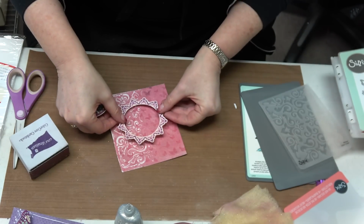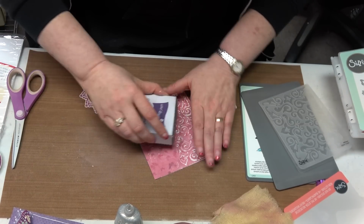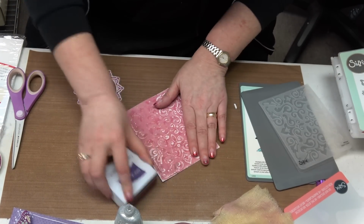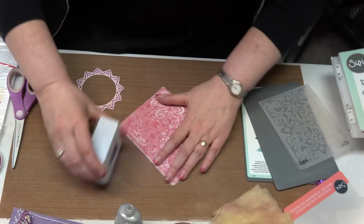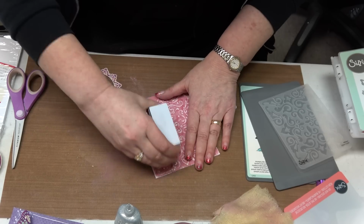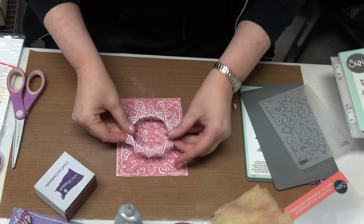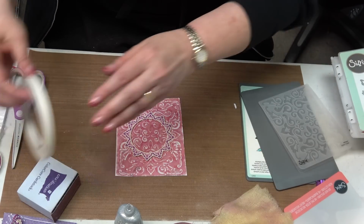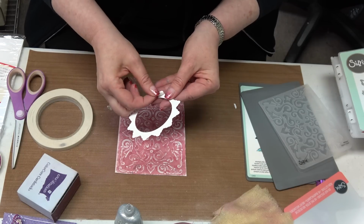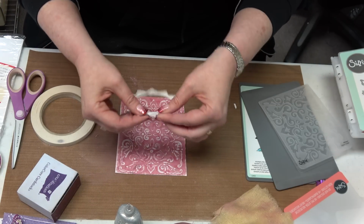and put my frame down. Let's sand the whole thing. It's going to bother me if I don't. Let's just see if I can get some of it sanded real quick. Okay, better. I'm very A-type, and it was just going to bother me until I got that done. Okay, so I could take and tape that straight down. Let's grab some Stacey tape. And just put it behind. And a little bit behind here, because this one I'm going to tape straight down to my card,